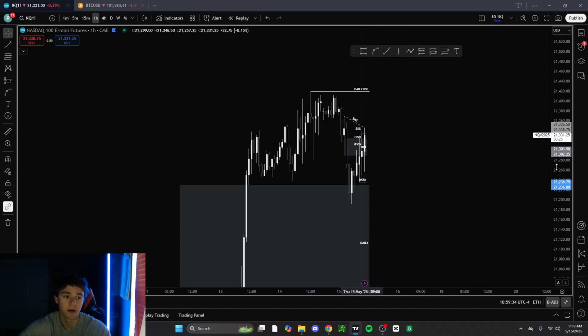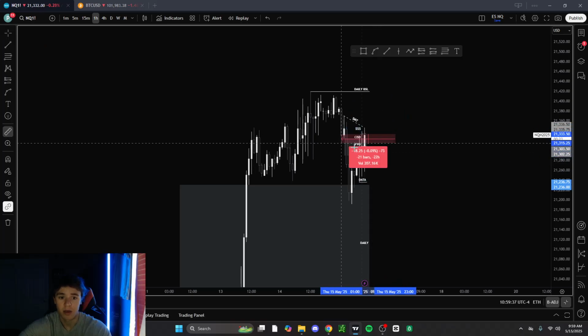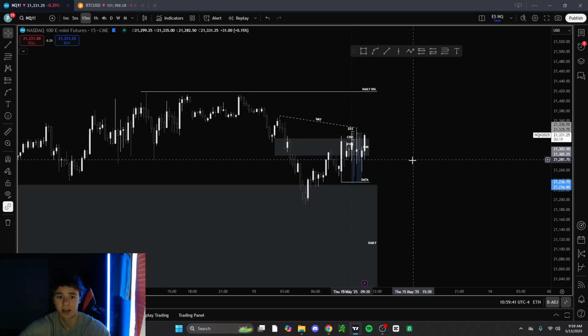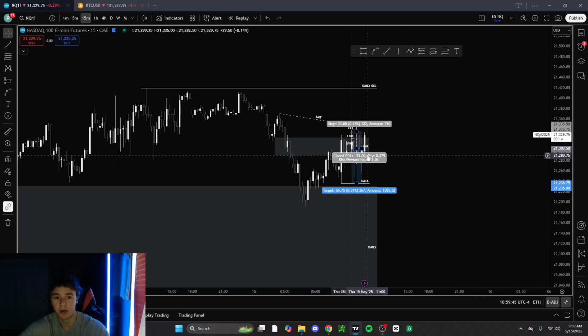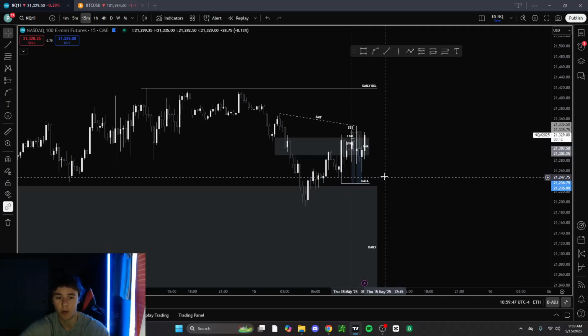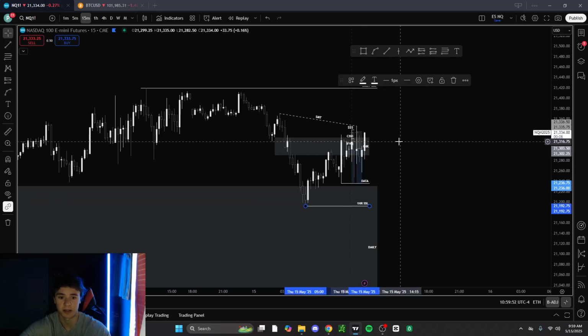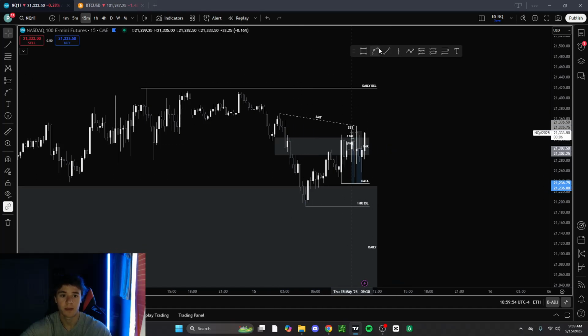It looks like we're finally running through it right now, but until just now we have respected it all morning, and we've chopped around. So that's why I was going short here. Yes, this is a lower probability trade. I wasn't even targeting this 1 hour sell side liquidity, which would be the internal model from this 1 hour fair value gap right here.